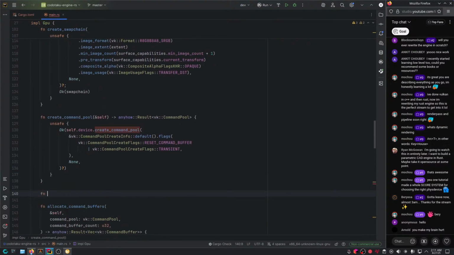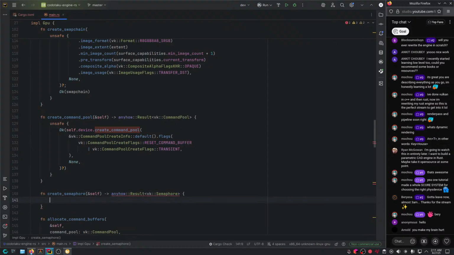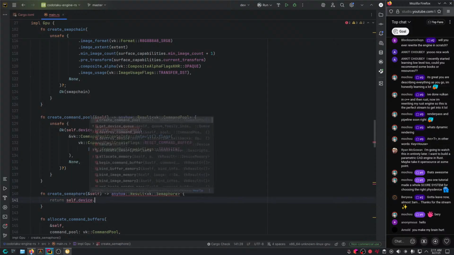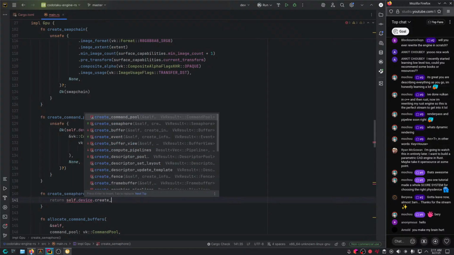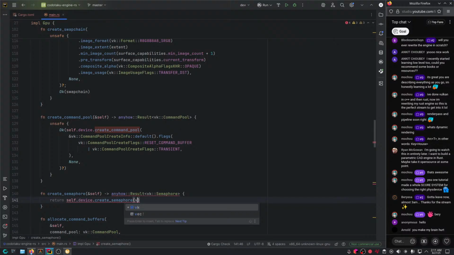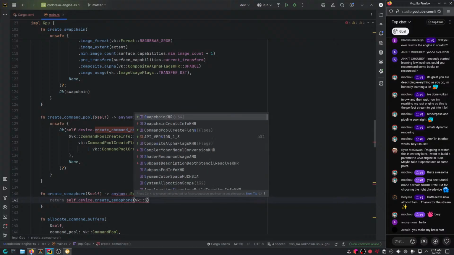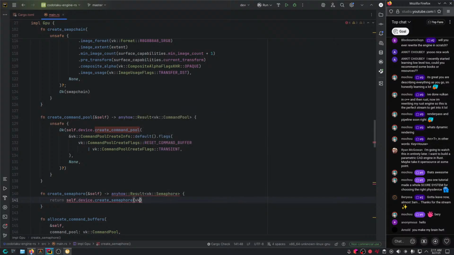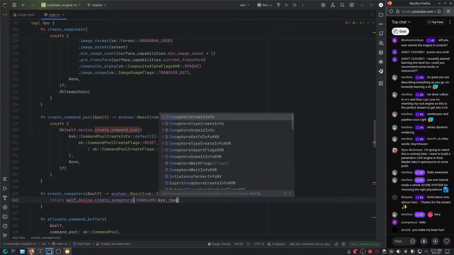So fn create semaphore. Return self.device.create semaphore. Actually, we need to take a reference.